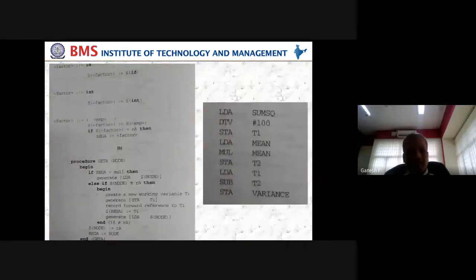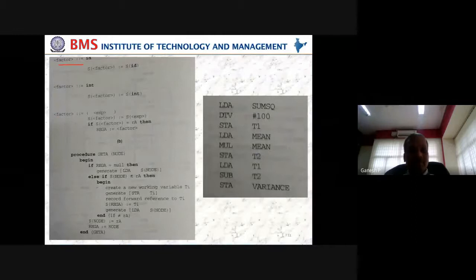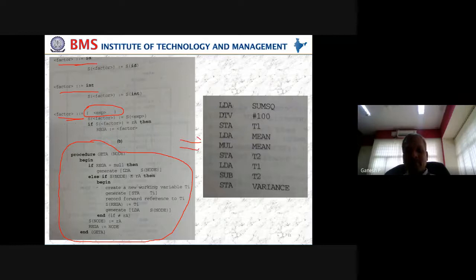So similarly we have further factor defined, and factor has so many forms. If you remember, yesterday we were talking about this parenthesis, and you can also look at factor integer, factor ID, factor parenthesis; everything needs to be given properly. So from that we can have a procedure like this, which will be simplified by adding all those. Finally we are getting this.